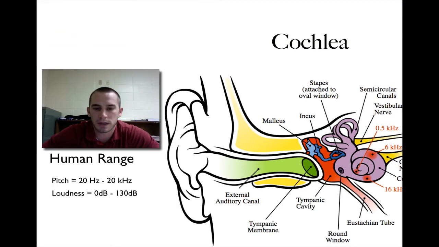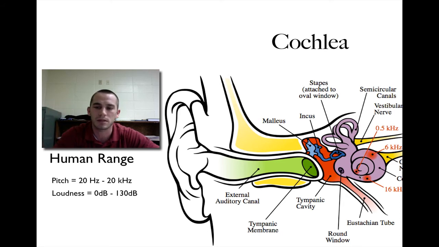So how do we perceive sound, and how does the ear work? Whenever we perceive sound, those vibrations are entering our auditory canal, and then they're going to vibrate the eardrum here. And so the eardrum in turn vibrates these little bones in our ear, and they're attached to the cochlea. And the cochlea is what does all the processing of sound. So inside the cochlea, if you opened it up, you would find that it's full of fluid, and it also has little hair cells that line the inside of the cochlea. And so when those hair cells start to vibrate, then they're sending signals to our brain that we interpret as